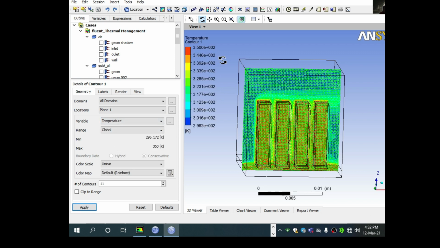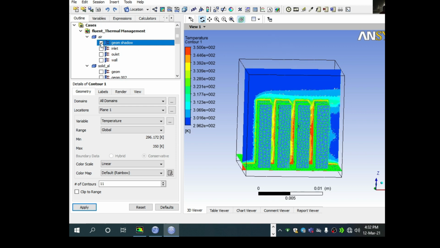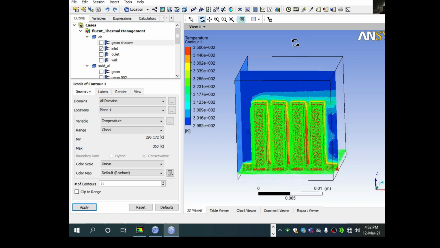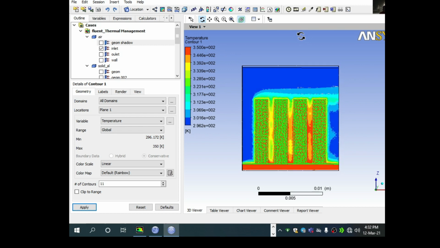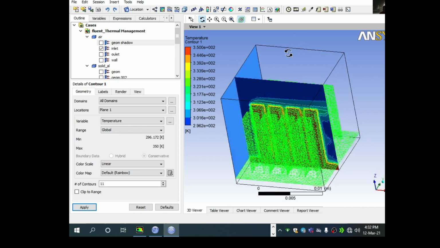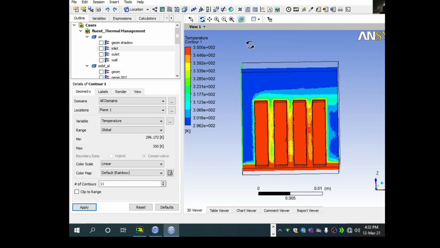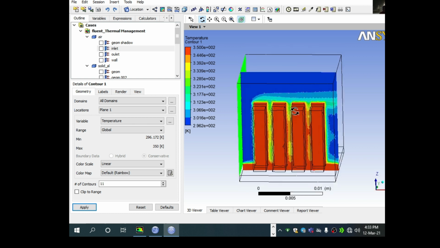Now you can see here, this is a temperature profile, how the fins are there. This is the temperature profile of the fin, how the air will move. Maximum temperature is 350 degrees Kelvin, and we need to wait for more time.